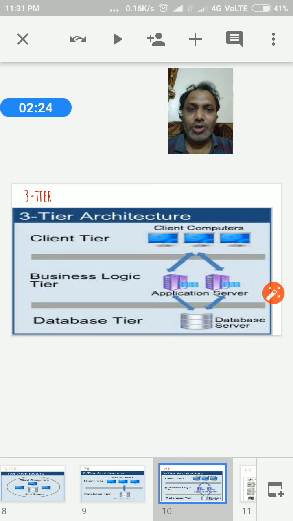So instead of that, we can create one business layer, where we can store all the APIs regarding the applications, like database connectivity.